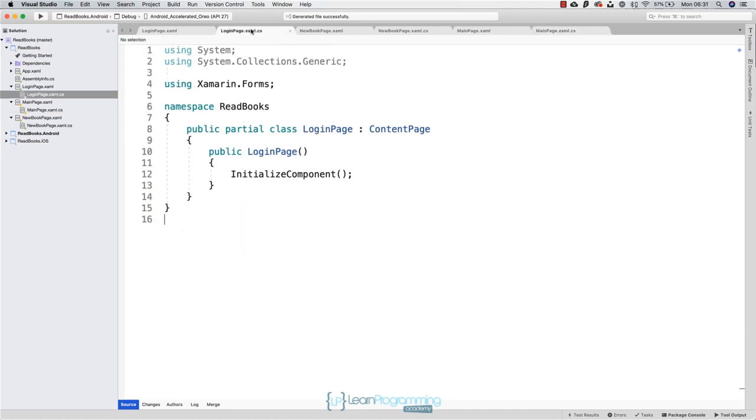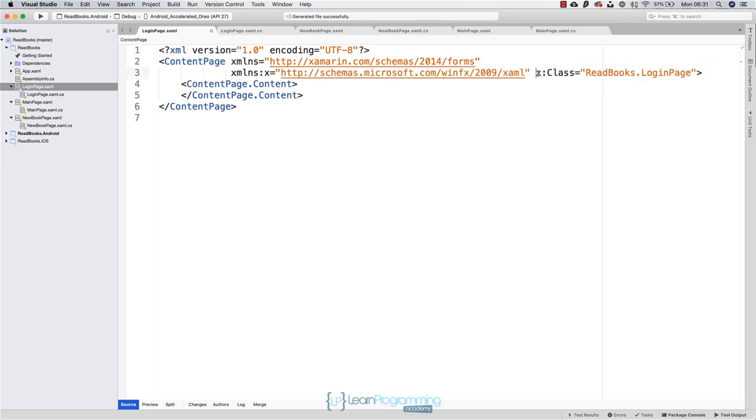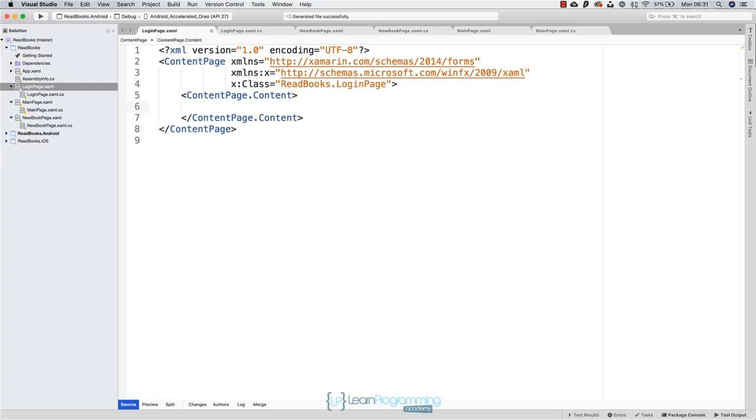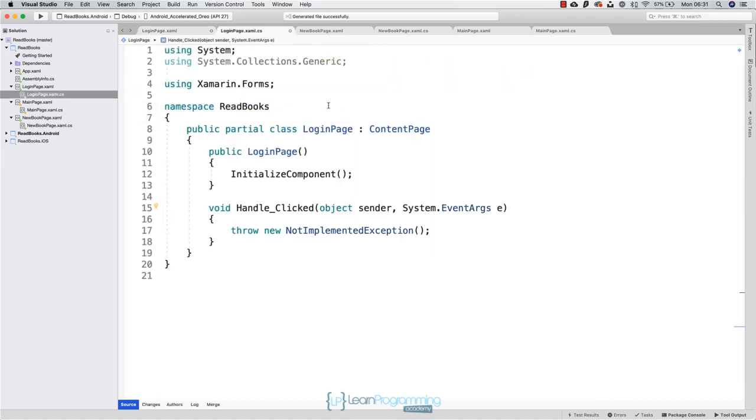And from the login page, I am going to have something very similar. I am not really going to be asking the user for their email or a password because I don't really have any list of users. I am just going to simulate that they have entered things and that they have the button and that they also have a text in here that says login and the clicked event handler